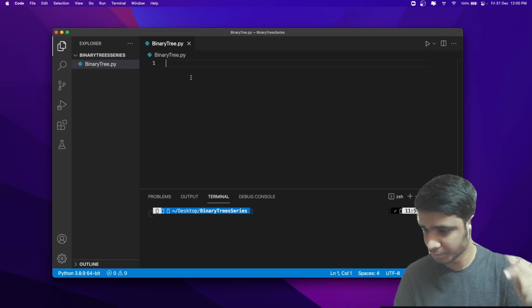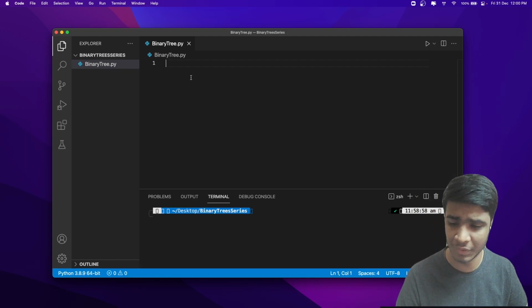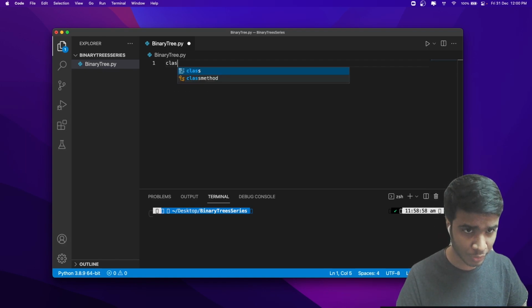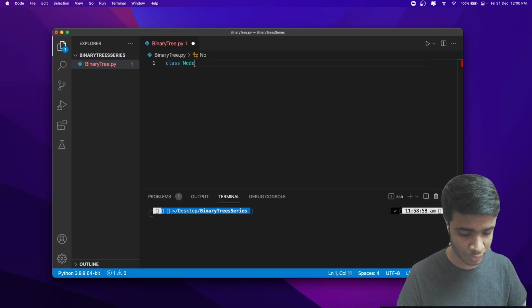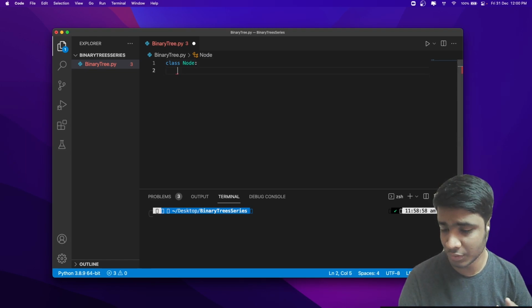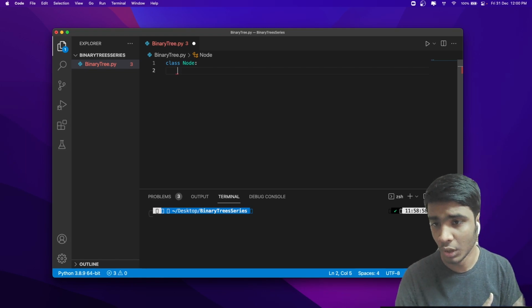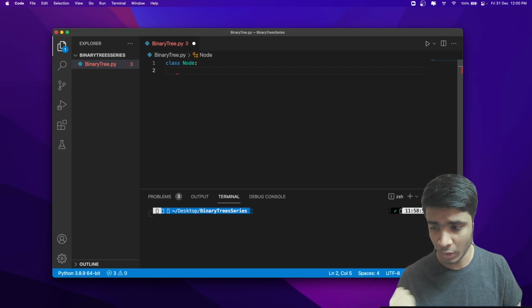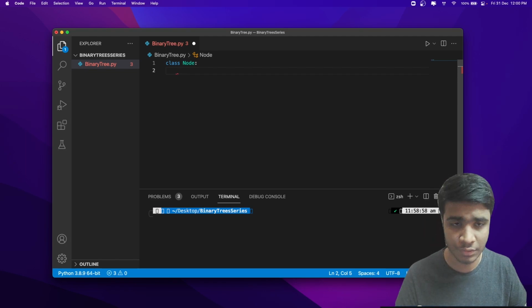Using that, everything will be taken care of, right? So I'll try to create a node here. I'm going to call it a node, and let's also initialize its children. Each node has a value, a left, and a right. So let's do that.